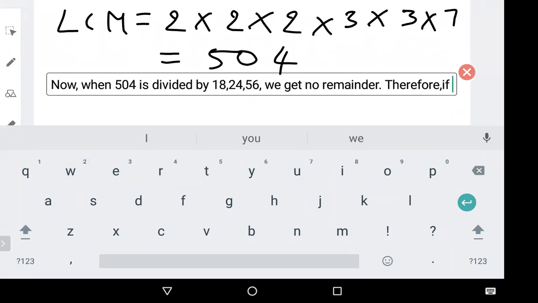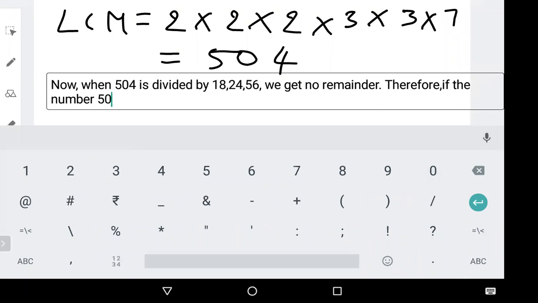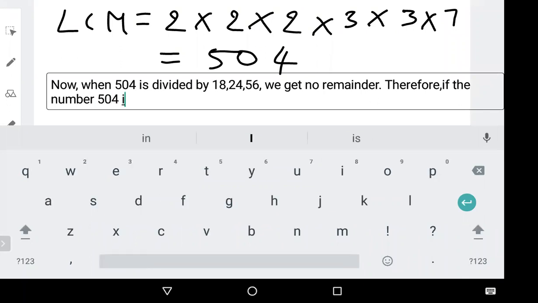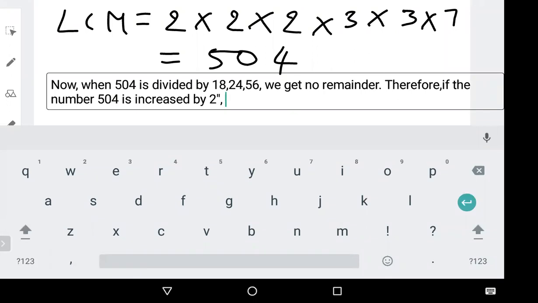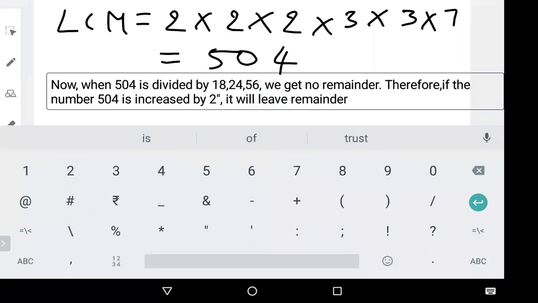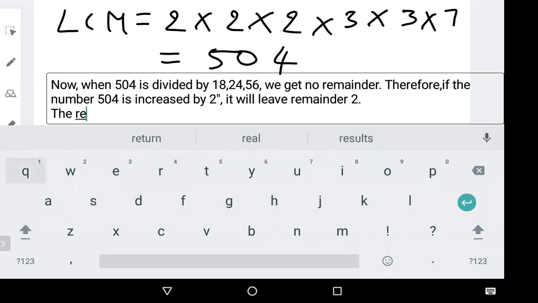If the number 504 is increased by 2, it will leave remainder 2. Okay, so the required number